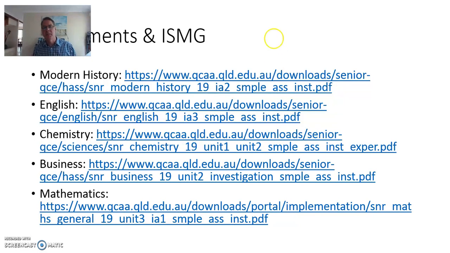Critical change to the assessment is this called ISMG. Now, IS is Instrument Specific Marking Guide. Previously, teachers wrote an assessment task and had a task sheet and then had also different criteria which they then used to determine the outcome and the grade on that assessment. What I have here is a collection of ISMGs. Now, they are prescribed. So not only is the task prescribed and the format prescribed, how you mark it is also prescribed.